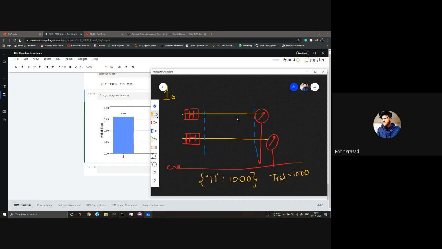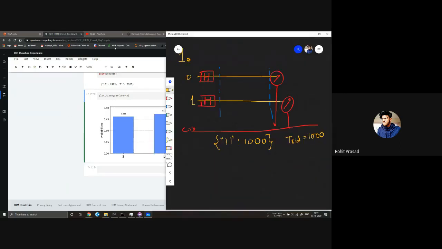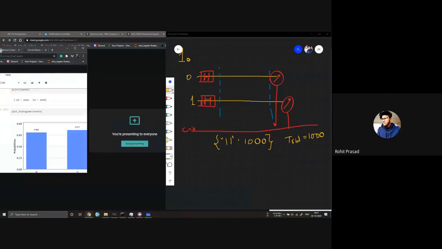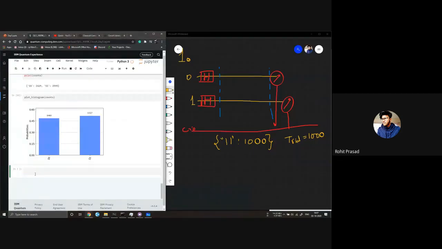I want you guys to put some gates here in the middle, before the measurement and after the H gate. Let's say this is 0 and this is 1. So I will make this circuit too.